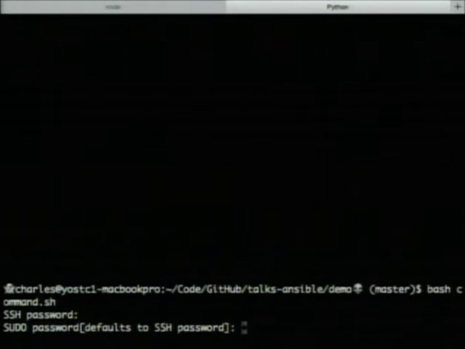Okay, and I will cover this in a moment, but it's asking for the SSH password. You can use keys. You don't need to use a password. You don't need to type it in every single time. You can automate this. You can use key-based verification on the SSH client, in this case, talking to the server. However, I'm using an SSH password just so that I don't have to cover all of the keys and how that works and why I got there.